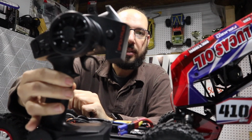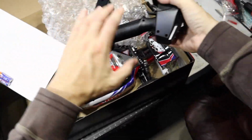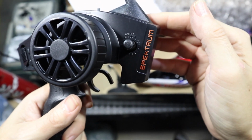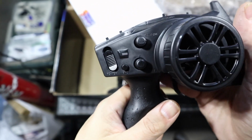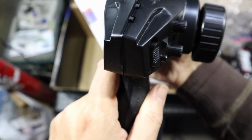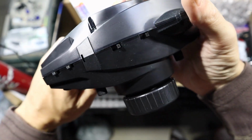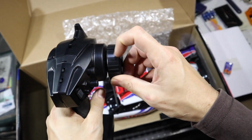The remote control that you get with this is the DX2E Active. It is a fairly simplistic remote control, although it does have a lot of upgradability in that you can add a Bluetooth module to it and you can get the smart features to show up on your smartphone. Now, I'm probably going to choose not to do that. I think what I'll do is end up upgrading the remote instead to a better Spectrum remote that has a